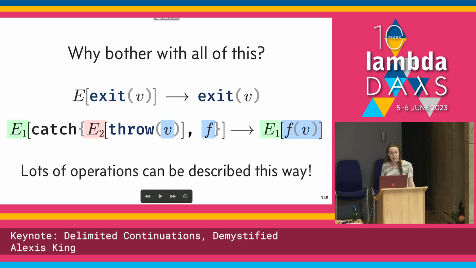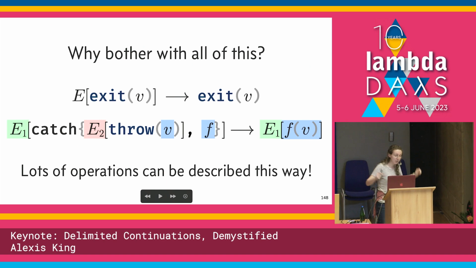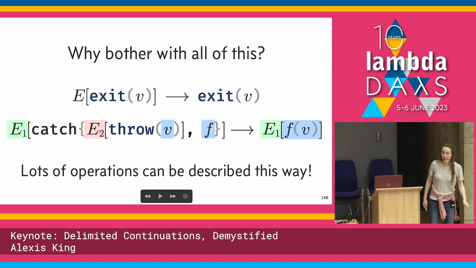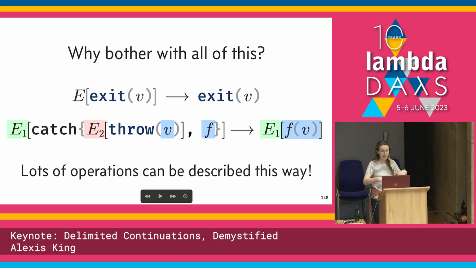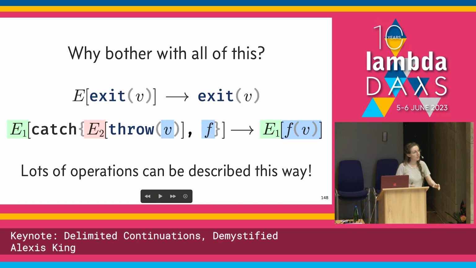Now, remarkably, we can actually describe lots and lots of operations this way. And this is very nice because it's very concise. We can compare them to each other. And I'm not going to go through and list a bunch of rules here because I don't think that would be very interesting. And a lot of operations are more complicated than throw and catch, so they're not quite as nice on the